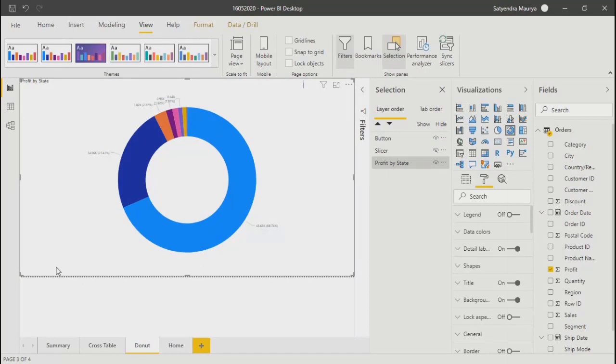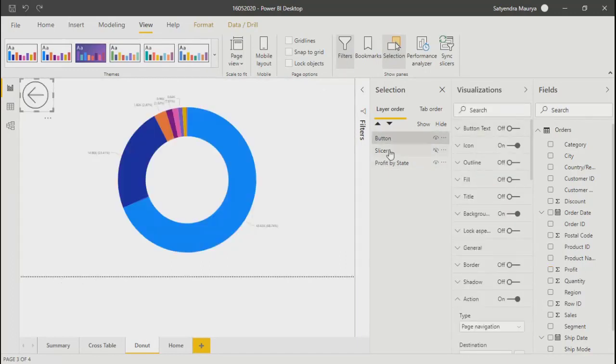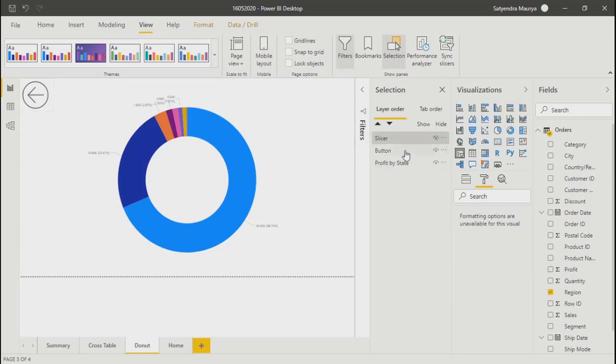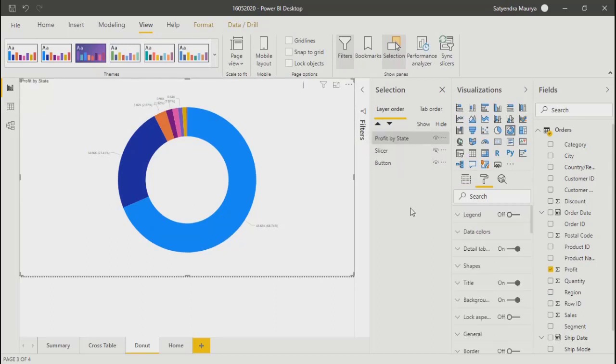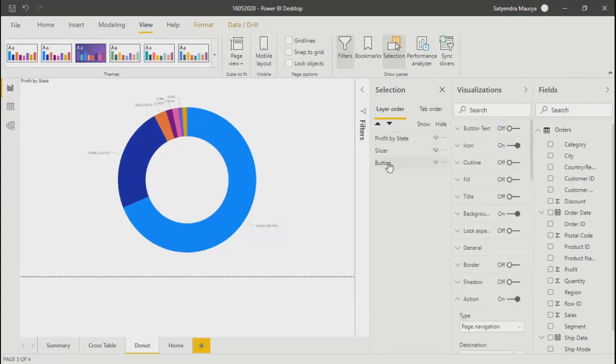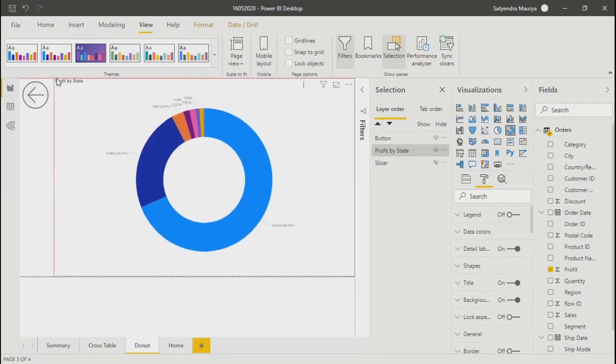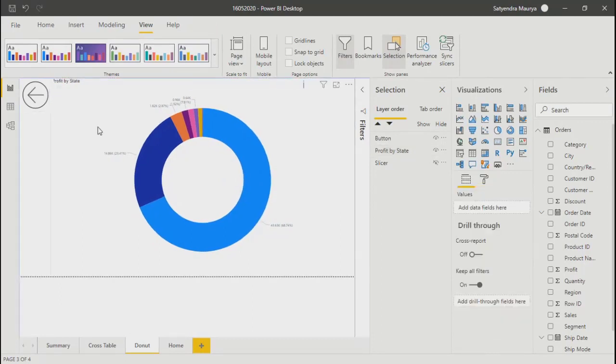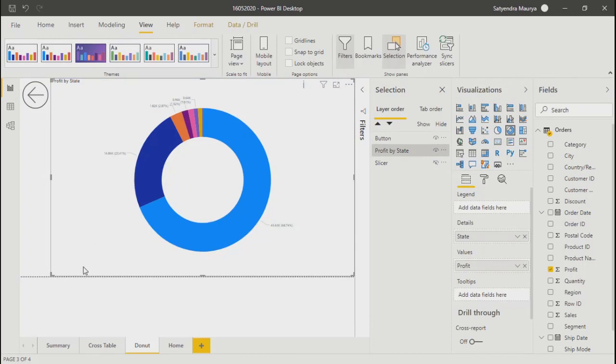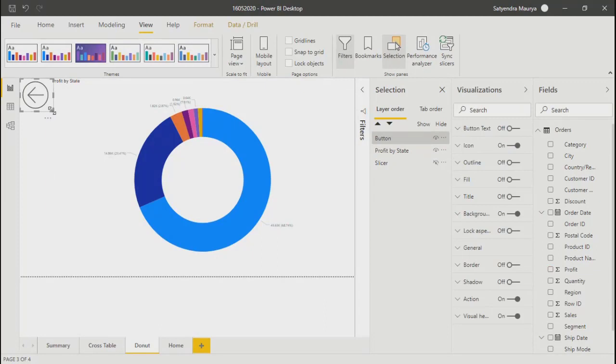No, something is wrong. Because as per this slicer, if your button is below the slicer, or maybe below the profit and states, it will always be down. You won't be able to see that. But if it is at the top, it should always appear, right? So that's the concept. But here it's not appearing. Yes, I think it is because of the white background, because when we select this particular object, it gets selected and goes into the background. Or what we need to do is, in case we maximize this,